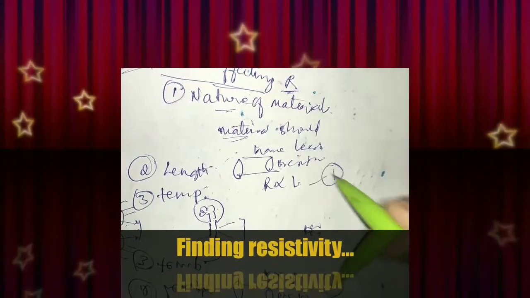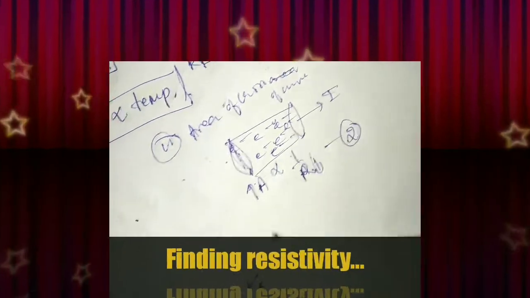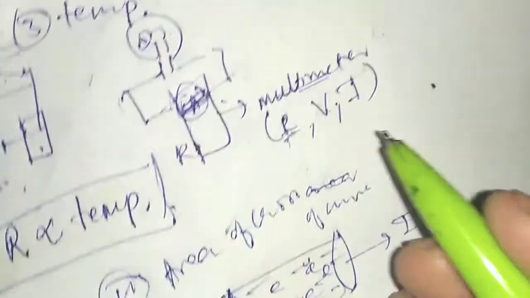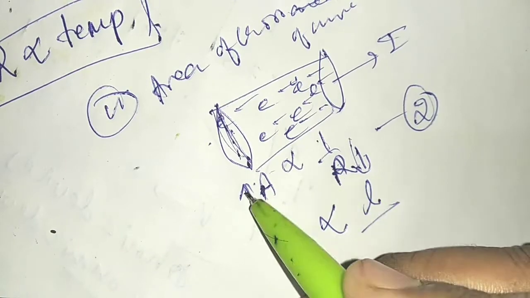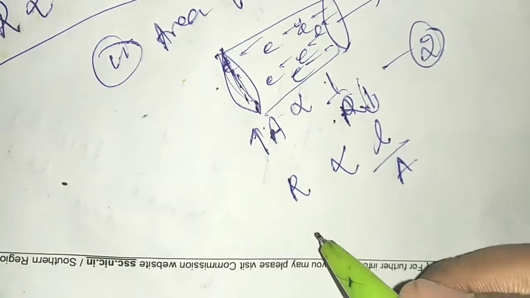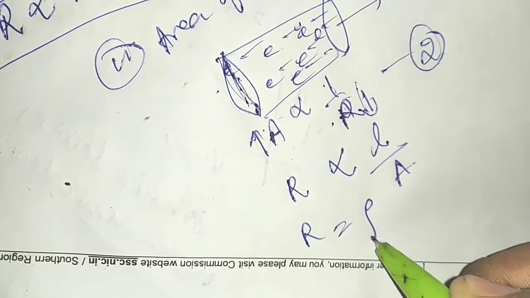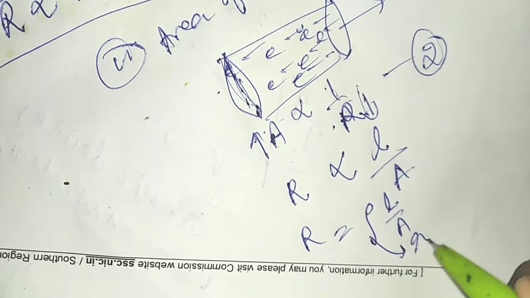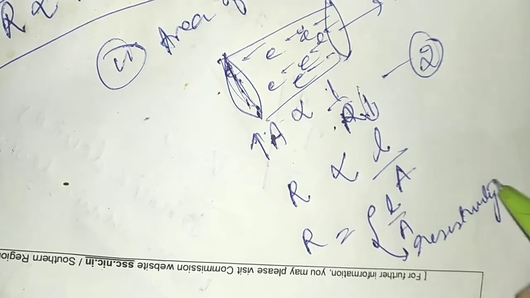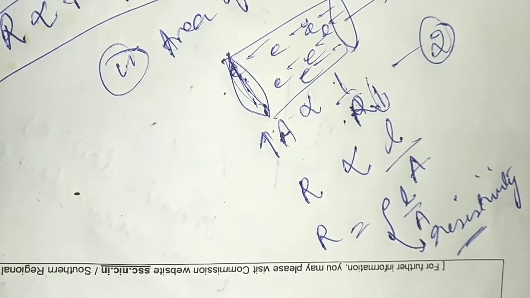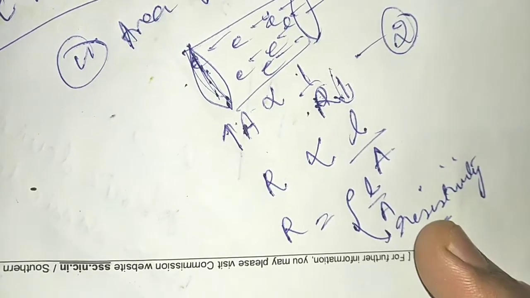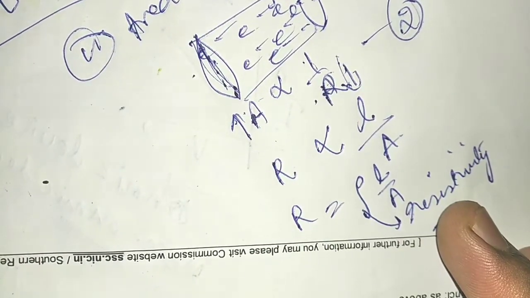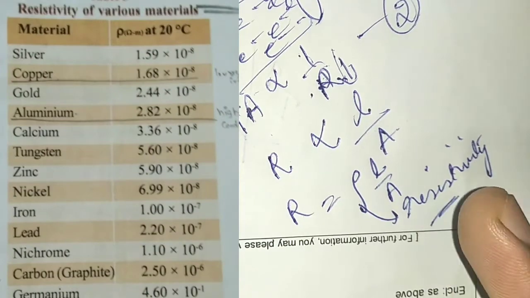Now here, students, you need to take two equations, equation 1 and equation 2. If I equate equation 1 and 2, R is proportional to L divided by A. A will come here, right? So if I remove this proportionality, I am going to get another constant here. This constant is called resistivity. Okay, students. Now our next concept, resistivity, will have different values for different materials. Fine, these resistivity values are mentioned in your textbook.